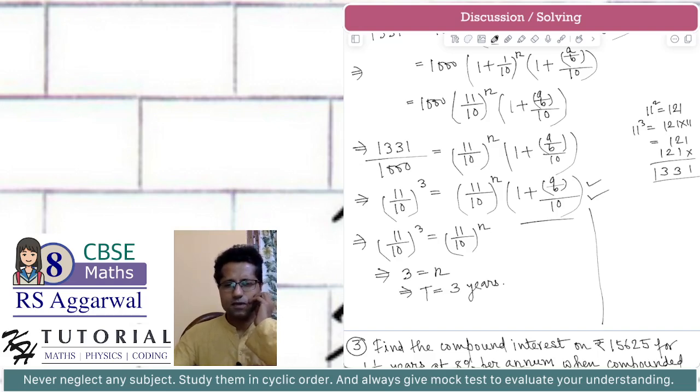Because for this equation to be solvable, we must have this part, a power of 11 by 10, because the right hand side has to be expressed as an exponent where the base is 11 by 10, and for that to happen, we must have 1 plus a by b divided by 10 must be a power of 11 by 10. Now, it could be 1. If it is 1, then obviously a by b is 0. But if